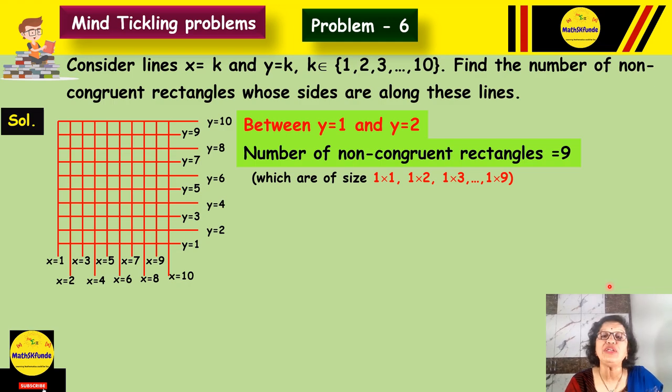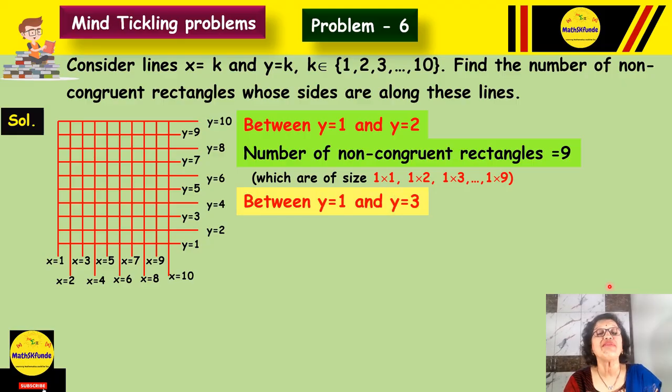Like 1 by 1, 1 by 2, 1 by 3, etc., up to 1 by 9. So in all there would be 9 rectangles. Okay. Now if I go for the next, y equal to 1 and y equal to 3. Now if I'm taking the line y equal to 1 and y equal to 3, that means between these two parallel lines I'm looking for the